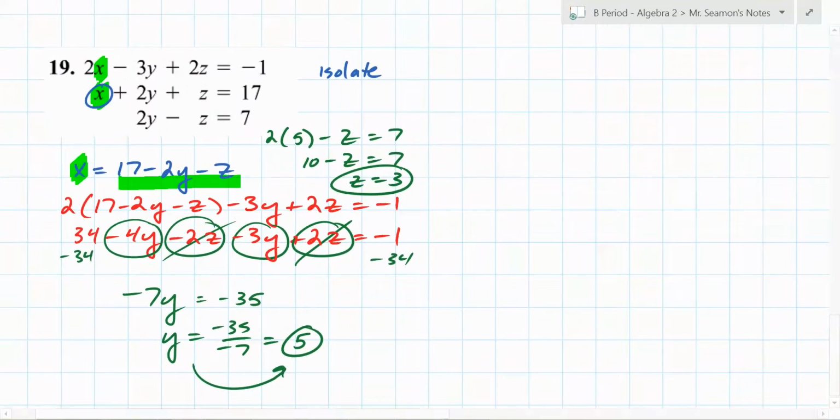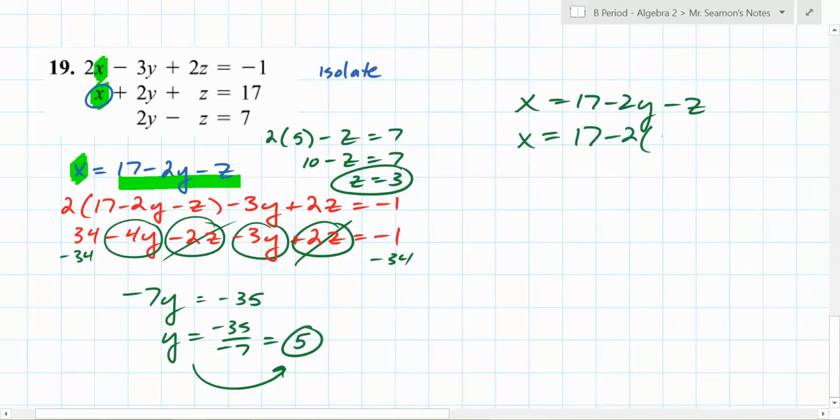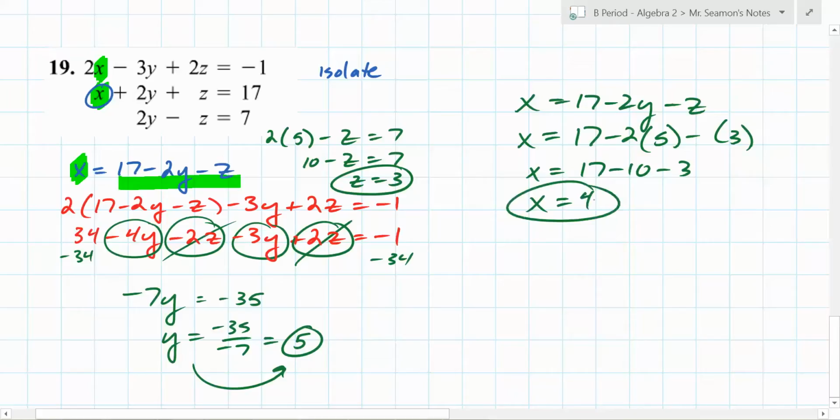So how do we find x? We already have one. Is it there? Look at the board. X equals what? We know that x equals 17 minus 2y minus z. So what are we going to say? X is equal to 17 minus 2 times 5 minus 3. You can almost write a 3 there. Let me clean that up. So we get x is equal to 17 minus 10 minus 3. So that's x equals 17 minus 13, which is 4. So if you had to write the answer to this, what would you write? 4, comma,